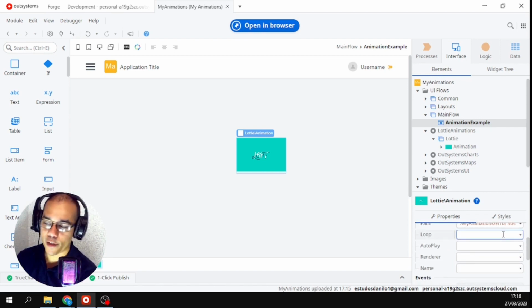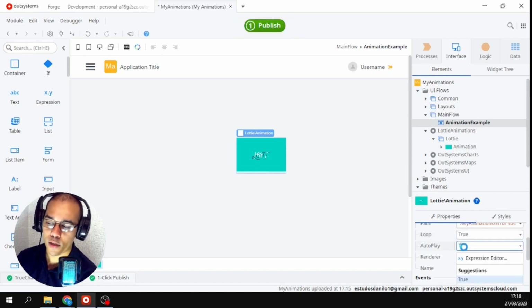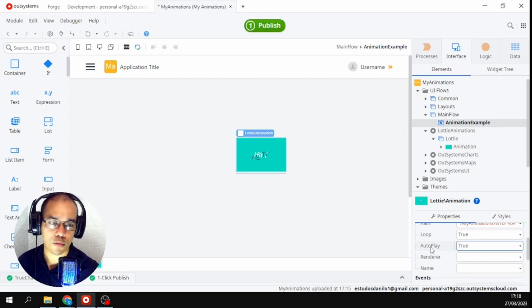Here I will put loop as true, and autoplay also as true, because I want it to stay in an infinite loop. I want it to start this animation alone. I don't want to have a button to click. When I click here, you get the animation ready, and you saw here